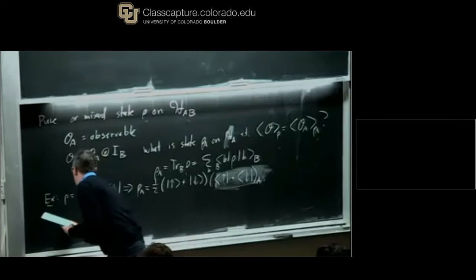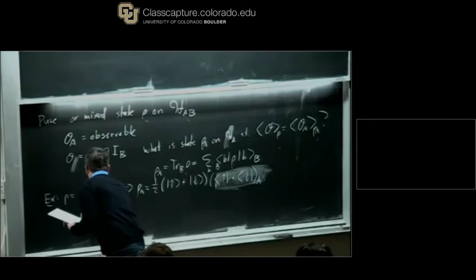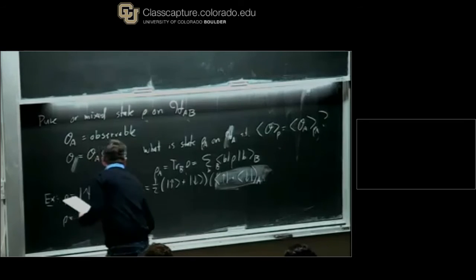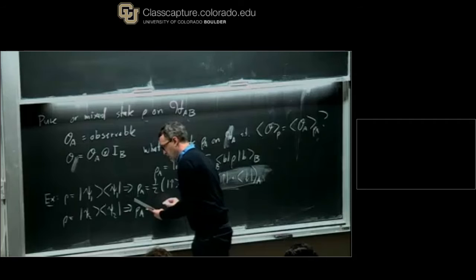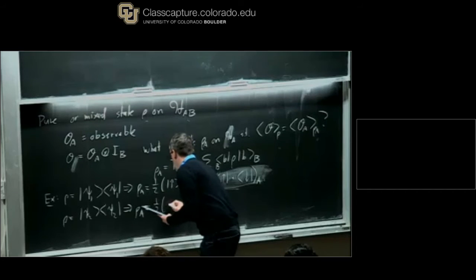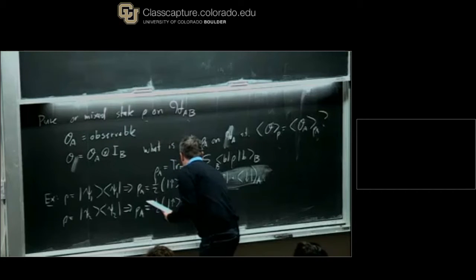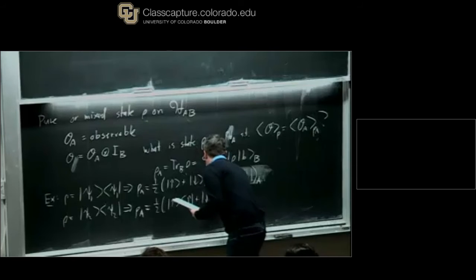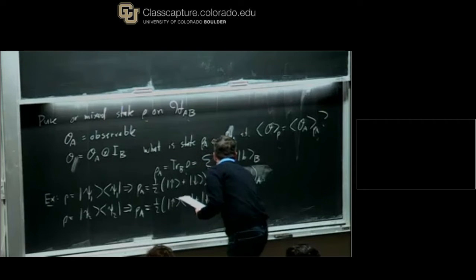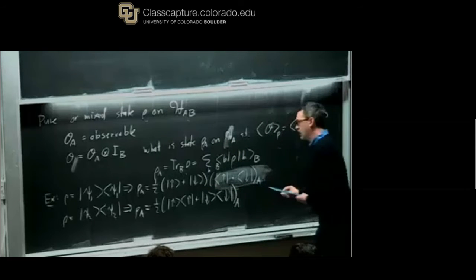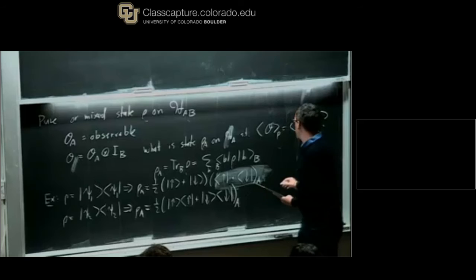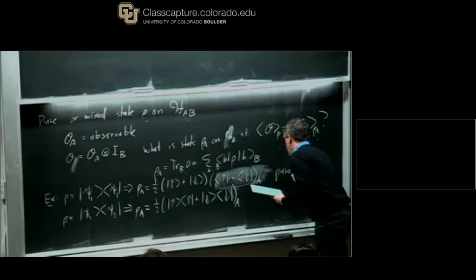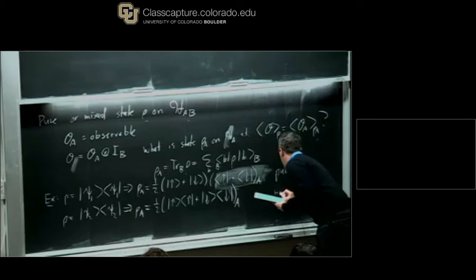However, if I instead take psi 2, which is the entangled one, then I get a different rho A. I'm not going to go through the algebra, but what you get is this state. So, in the factorized case, we ended up with rho A being pure, and in the entangled state, we ended up